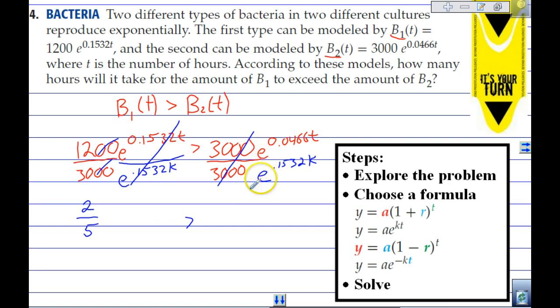Now this e might be confusing, but just think about the rules for any base, and forget the decimals. What if this was 10 to the 6 over 10 to the 2? What would you do? You'd say that's 10 to the 6 minus 2, that's 10 to the 4. I just need to do the top minus the bottom. So we're going to do the same thing. It's just a bunch of ugly decimals. So it's going to be e to the